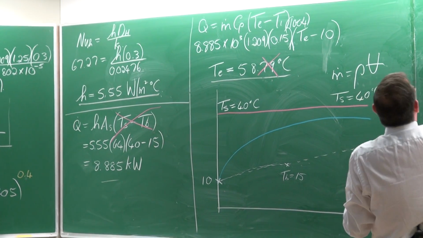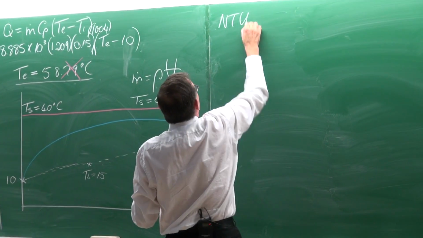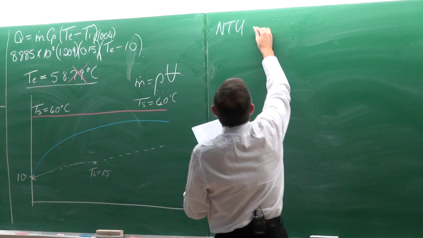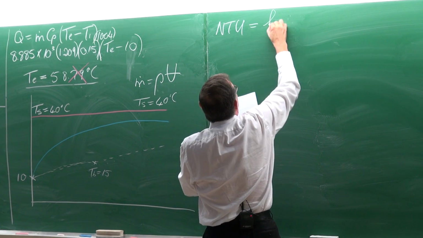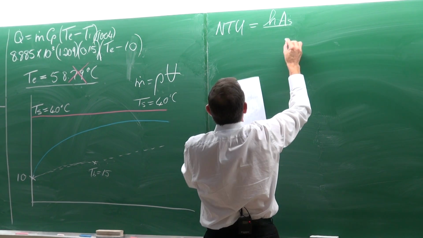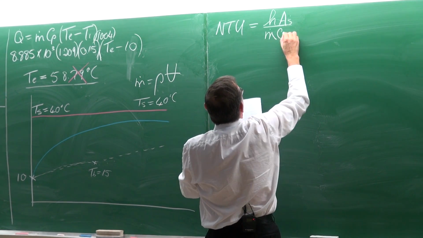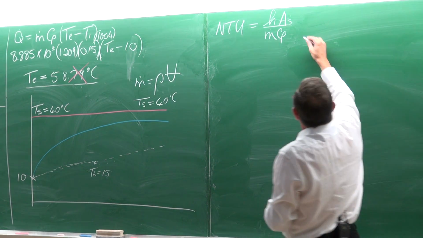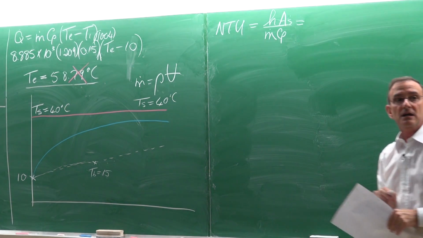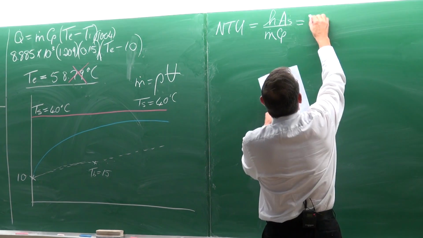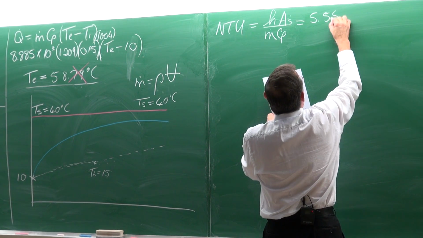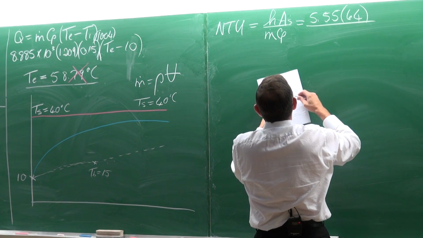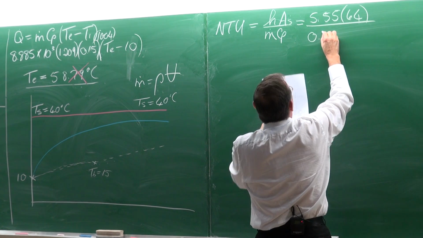So let's do that. I like to always work with the NTUs. It's not specifically like that in the textbook. But the NTUs, you can go and calculate it as the heat transfer coefficient multiplied by the surface area divided by the mass flow rate and the CP. Okay. The heat transfer rate we've calculated as 5.55. The surface area is 64. Divided by the mass flow rate is equal to